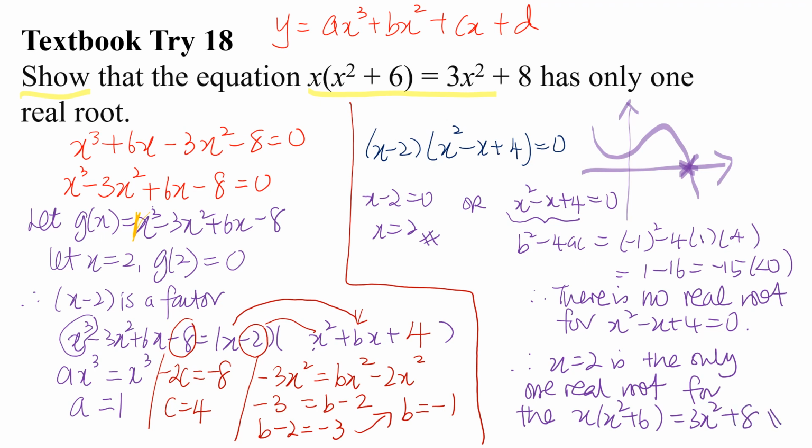Alright, so this is how you go about solving cubic equations. This value here is 2, x equals 2. For this part here, there's no real solution. And this value here, do you know how to find this value? This value is when x is equal to 0. So when you substitute x is 0, it is negative 8. Oh, negative 8. Wait, hang on. When I substitute x to be 0,